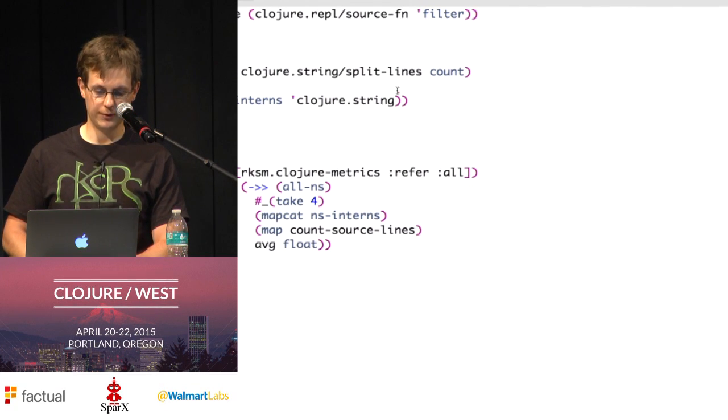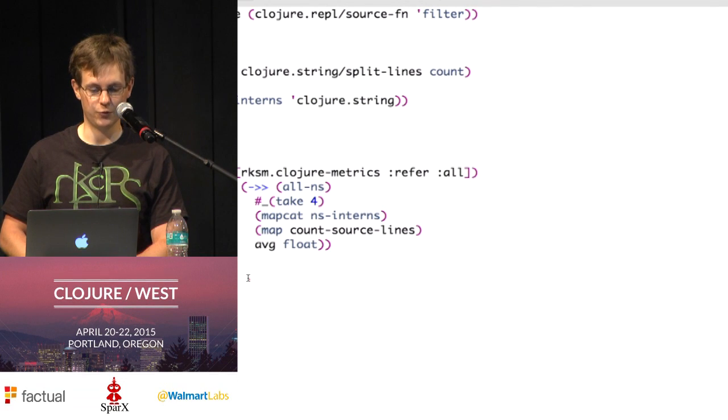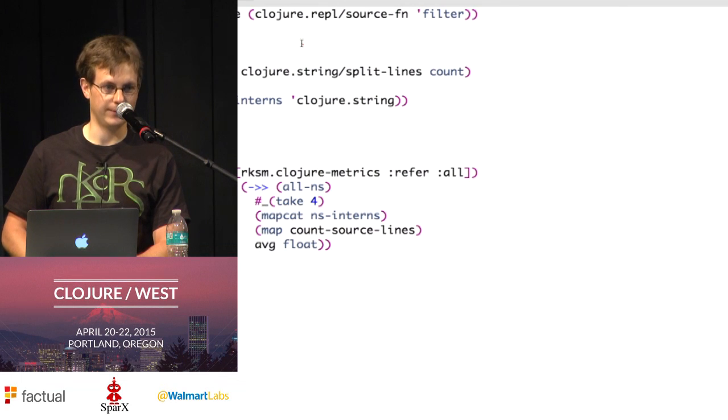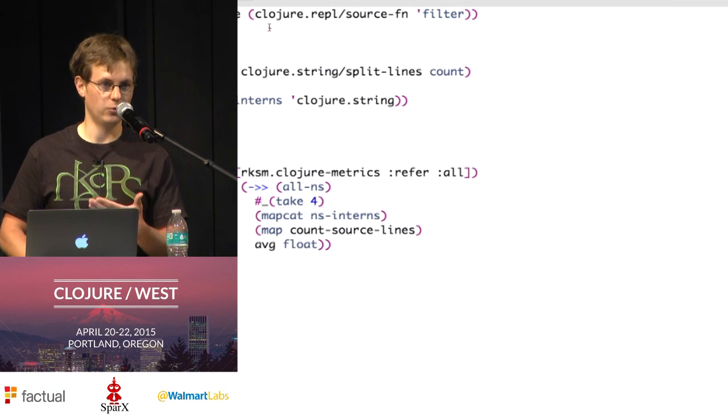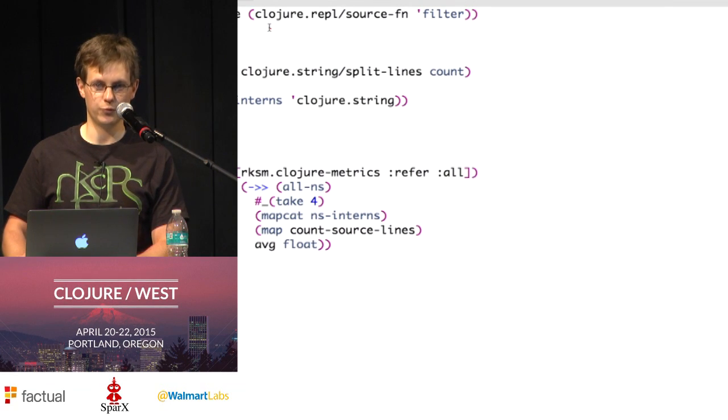Okay, so now this result is pretty dry. Maybe we can spice it up a little, for example, by creating a very simple visualization. So there is the Incanter project, right? And let's basically just load the Incanter project that allows us to do visualizations of data inside of our